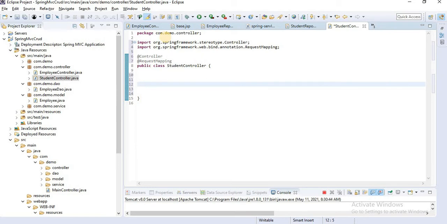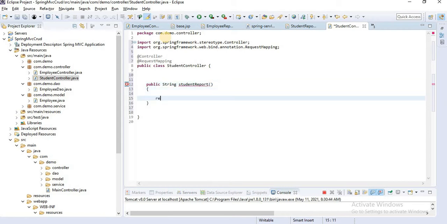Then create one function, public String studentReport, then return the JSP page name, student report.